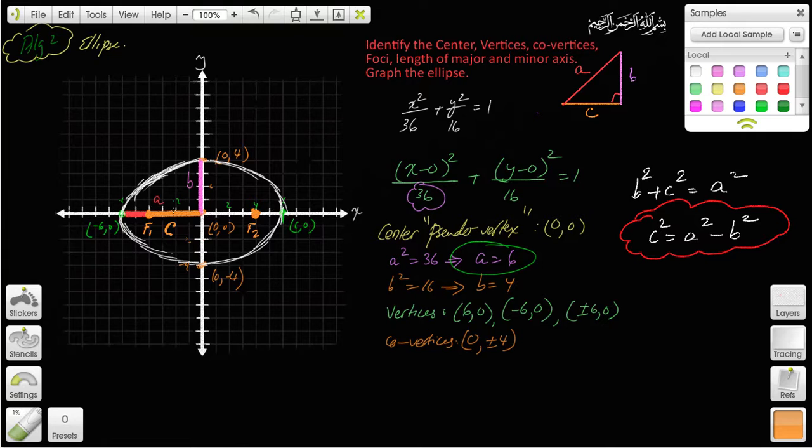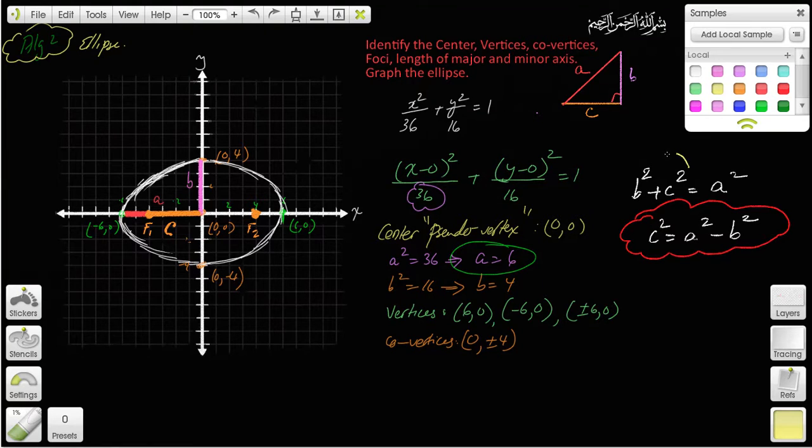So if you just intuitively think, between A, B, and C, if they were going to make a right triangle between the three of them, it has to be the hypotenuse because it's the biggest side. Now once you get that, then you can see the Pythagorean theorem: B squared plus C squared is going to equal A squared, which is what I have written here. So from the Pythagorean theorem, you get